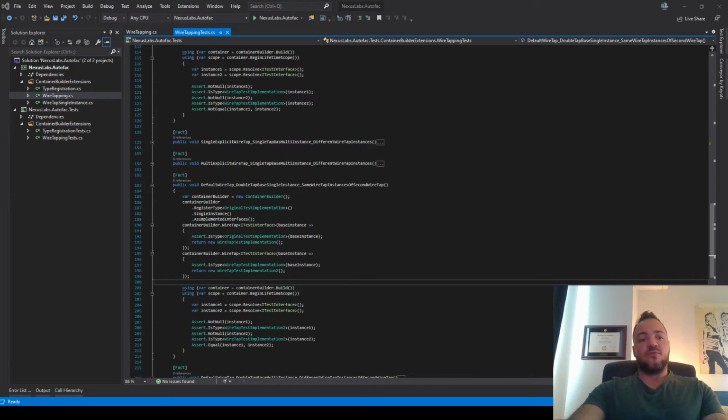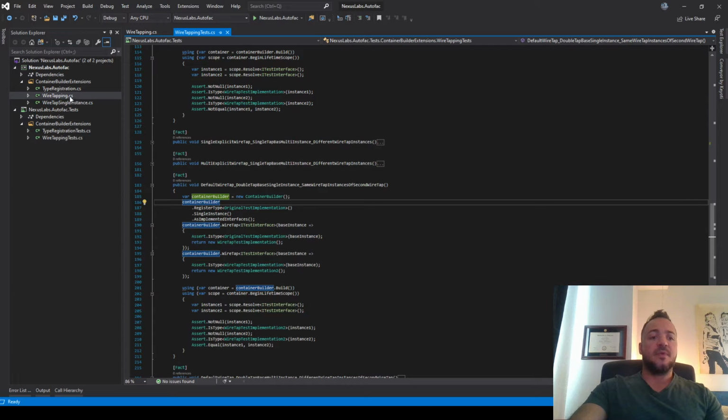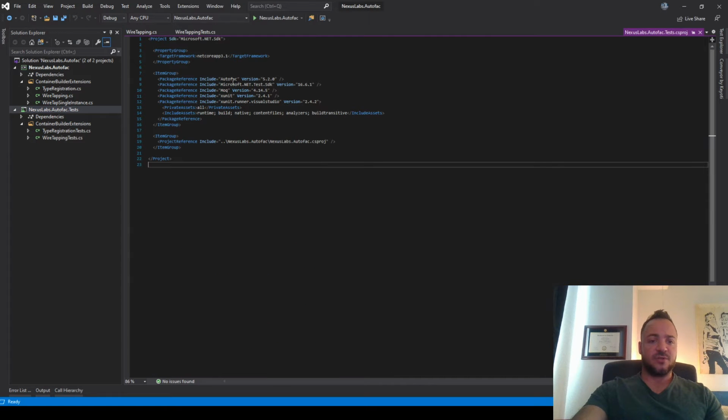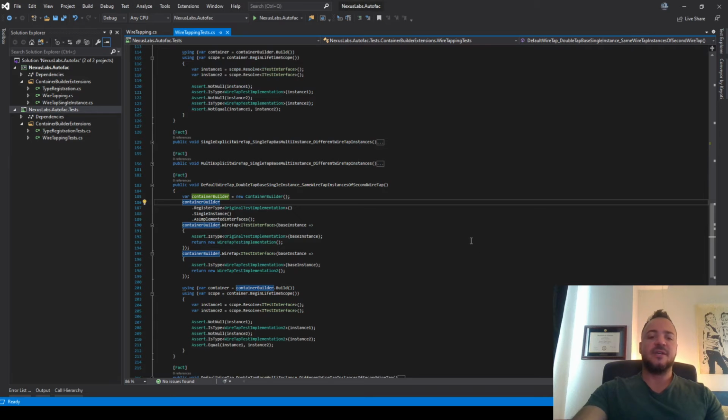So I've gone ahead and moved over a bunch of the code I was working with in the past video from this sample console project into my own library project that I have some unit tests and stuff with. Sorry, you couldn't see my cursor. So I have a main project that has some Autofac extensions that I want to keep building up so that I can use those on my own projects. Maybe I'll release them and other people can try them out. And then I have a test project down below, which is where all my unit tests and functional tests and stuff are going to go. Oops, didn't mean to open that, sorry.